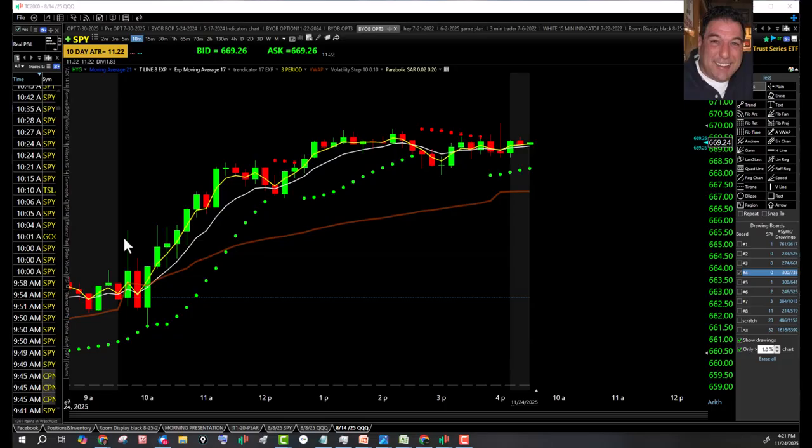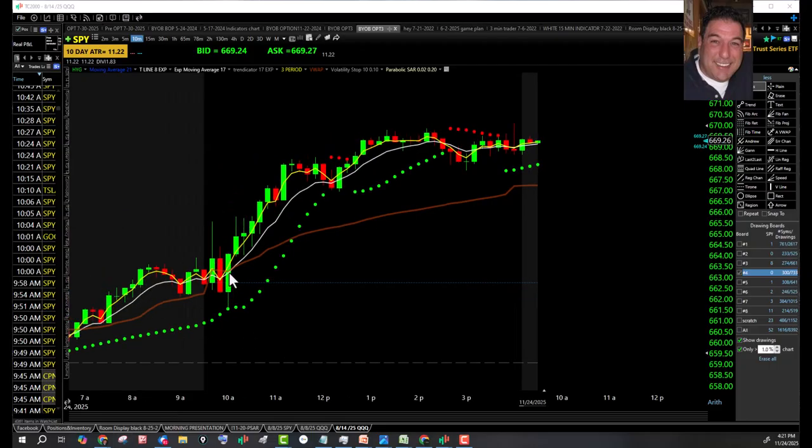And you can see it right here, right over the top of that red wick. Or if you wanted to, you've got this big green wick, you could have entered right here. So we've got a 10-minute uptrend that continues or resumes after the market open. They do a little zigzag, a little shimmy shake, a little washout kind of thing, and then you've got the green erases red, you jump in,